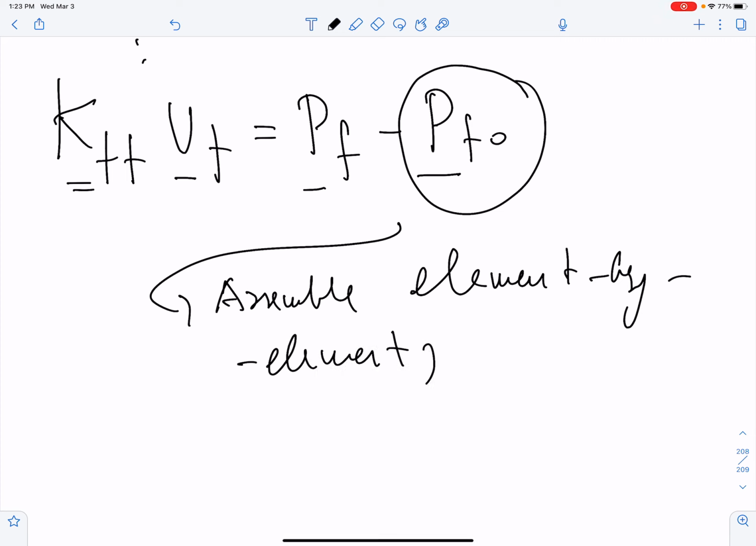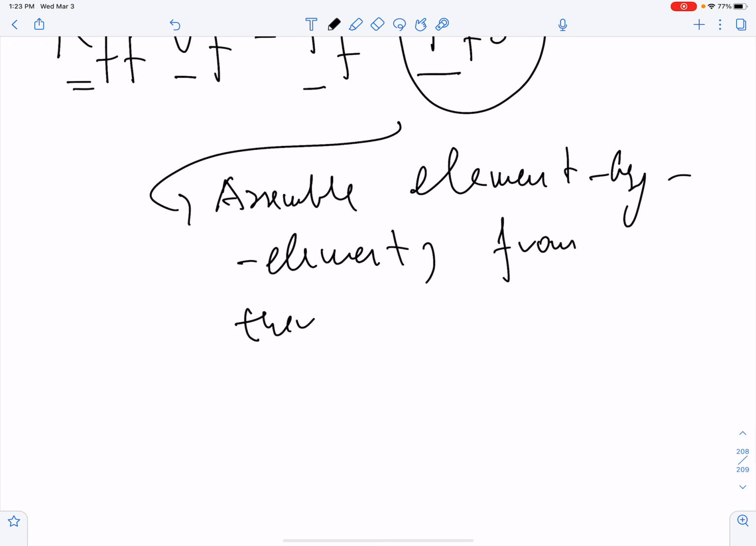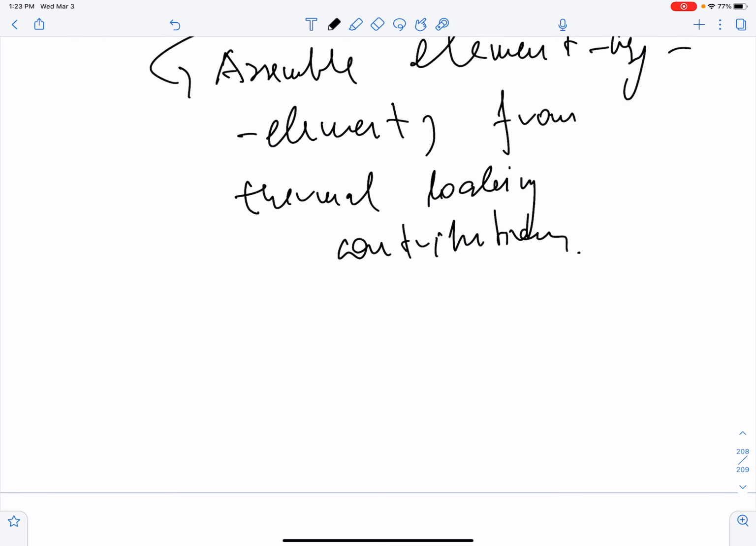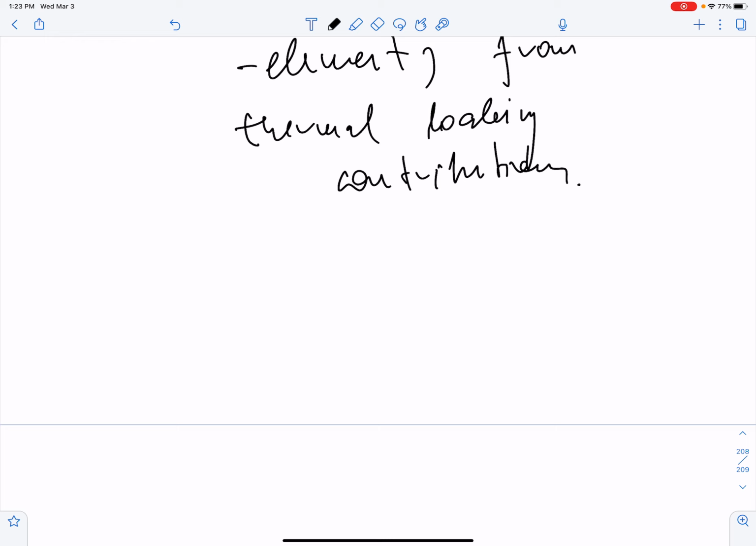You assemble this guy element by element from thermal loading contributions. Okay, so next what I suggest we do is take an example to see exactly how this works. It also will give us an opportunity to examine a structure with a different geometry. So what I want to do next is go through the example